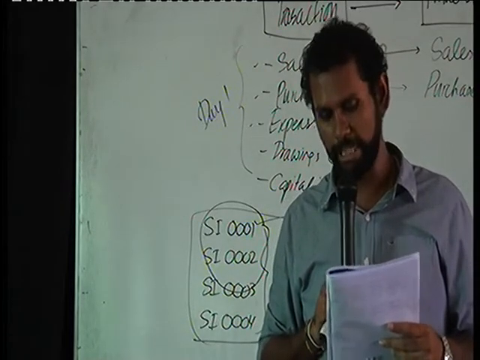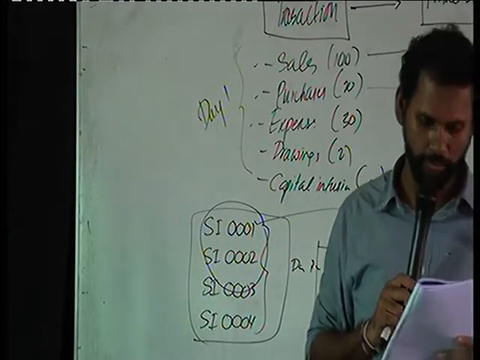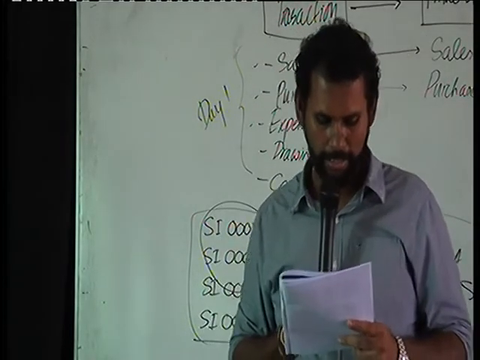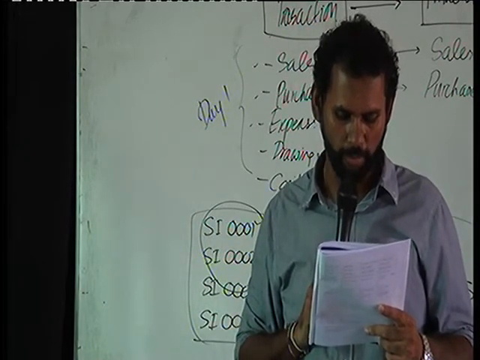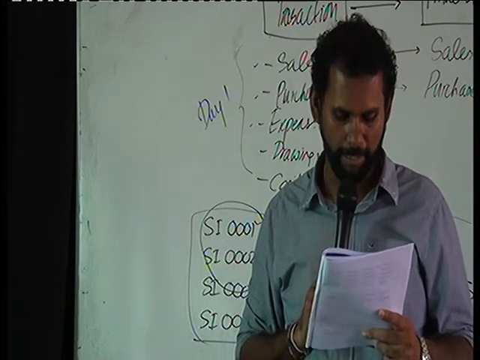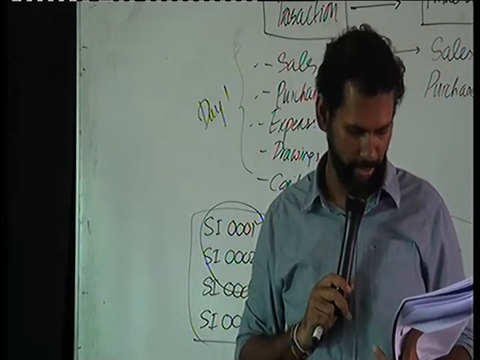Then we have, for journal vouchers, the general journal. We will look at it later as to what is the use of these relevant prime entry books. Then what is shown below are a few source documents and a few prime entry books. However, there may be some other prime entry books or ledger accounts according to the nature of the business.